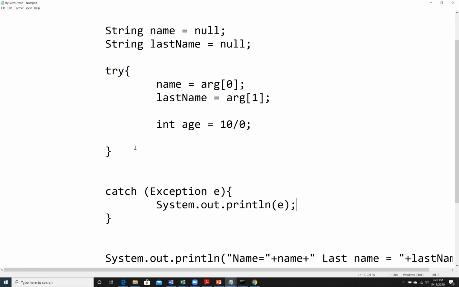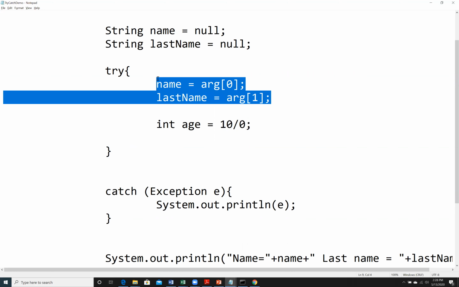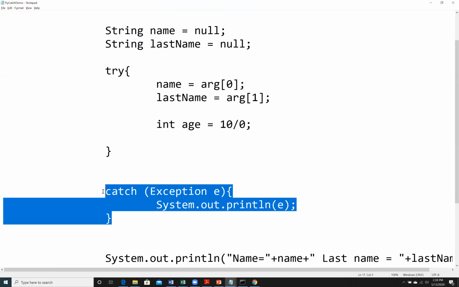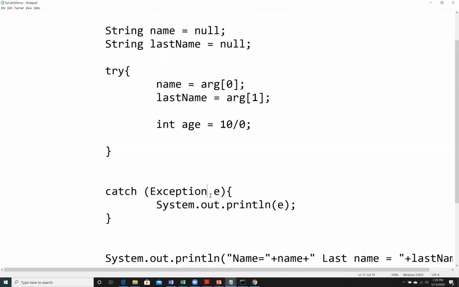Now remember, if an array index out of bounds exception is thrown, this catch can handle it because it has the base class Exception and it can handle all types of exception. And if an arithmetic exception is thrown because of divide by zero, again, this catch block will match it. Because I told you in the previous video lecture that a catch block will only execute if it matches the try block. If there is an arithmetic exception in the try block and you provide a catch block for array index out of bounds, obviously that catch block will not execute.